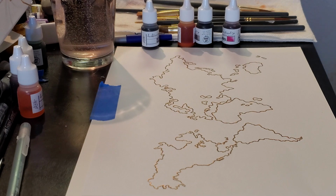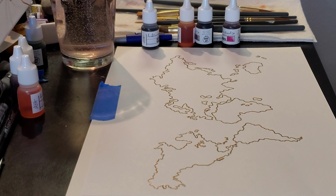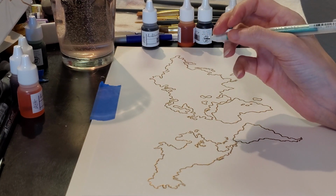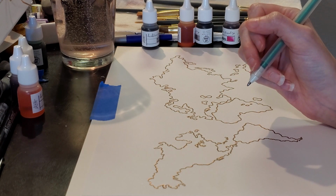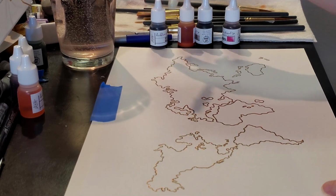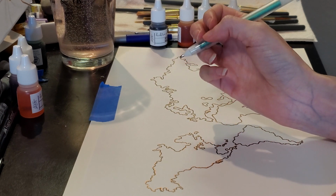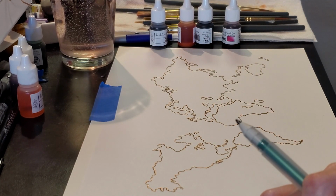Okay, welcome everyone to this month's beginner paint and sip project, which is a world map. I settled on this because the drinks for this month are all red wine cocktails from Spain, so it seemed appropriate to do a travel type theme. This is the beginner project because it's pretty straightforward, but it'll teach you